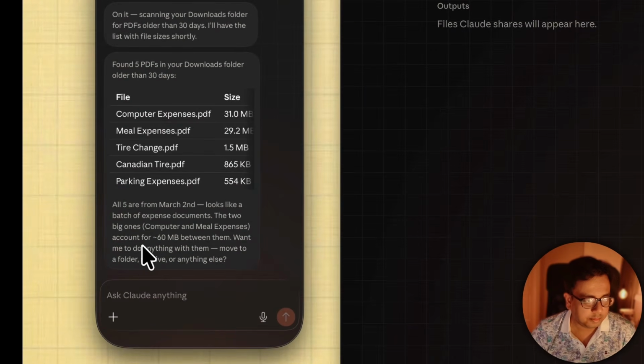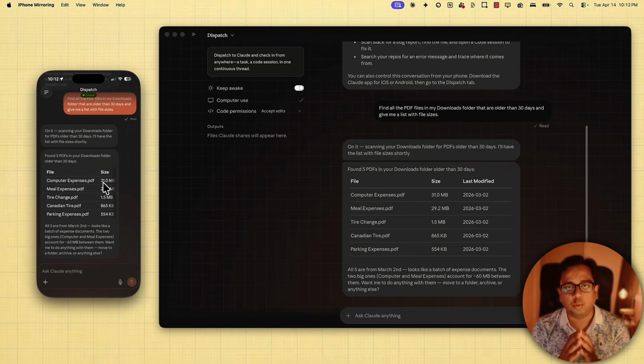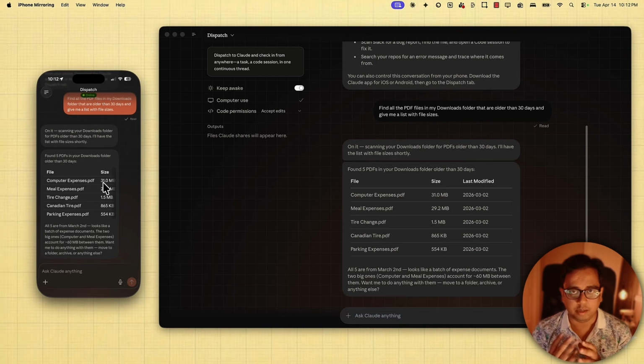Okay, perfect. As you can see, it found 5 PDFs in the download folder older than 30 days. These are the file names and this is the size. So basically what I've done, I went to the Claude app, opened Dispatch, paired with my Claude Code which is running on my machine, and then gave the instruction from my mobile. Claude executed the task on my behalf on my desktop